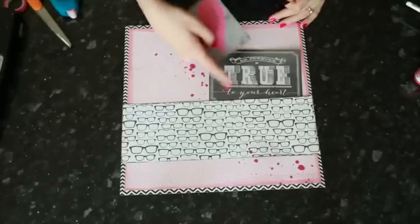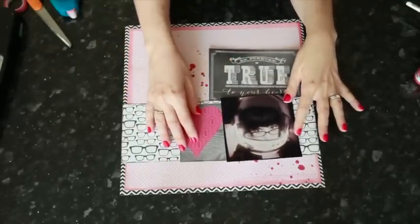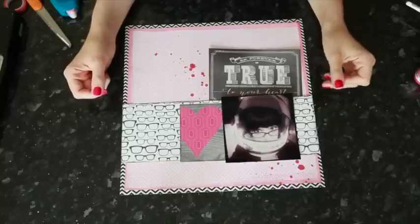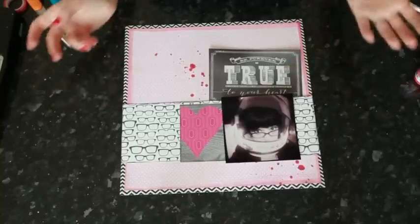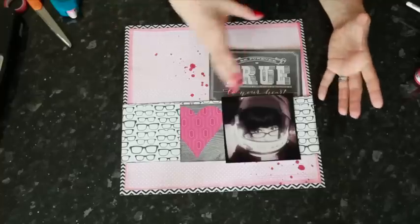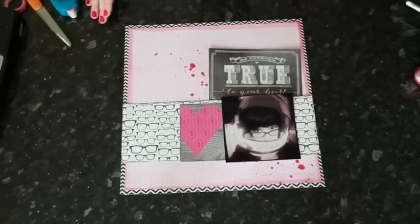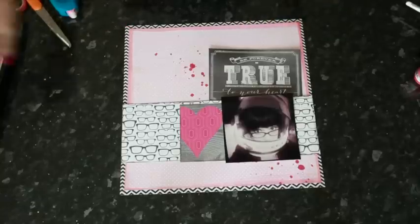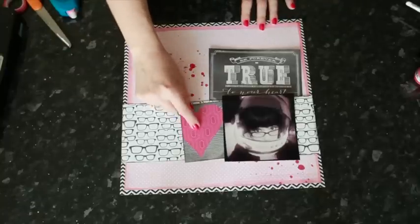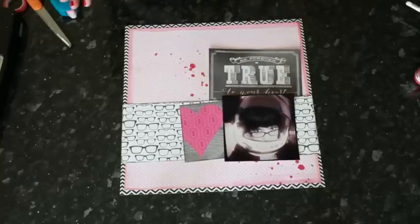Now, as I'm using several different black and white elements along with my black and white photo, I'm starting to get the same problem that I illustrated before. What would happen if I scrapped a black and white photo on all black and white pattern papers? And that's that it gets very difficult to tell what is the photo and what is embellishment. But there's a really easy way to get around that, and that's just to matte the photo with a contrasting color. So I could use the bright pink to matte the photo, and that would bring your attention to the